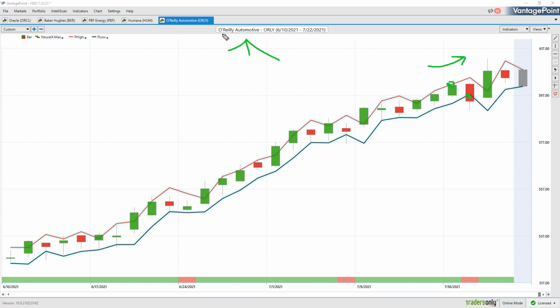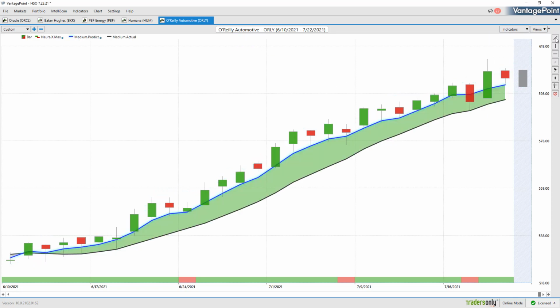Going into this week on a forecast like O'Reilly, even with all that weakness, it has you looking to buy on a dip on Tuesday here, or Monday actually, on that dip. It's a very strong forecast going into the day, and you see that as the markets recover, that really recovers. And so it's just been a very interesting period, and hopefully illustrative of some of these situations that open up in the market, and how well Vantagepoint does at getting ahead of these things and helping traders really manage the